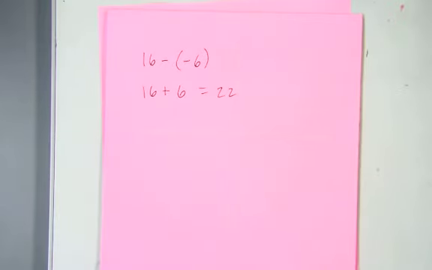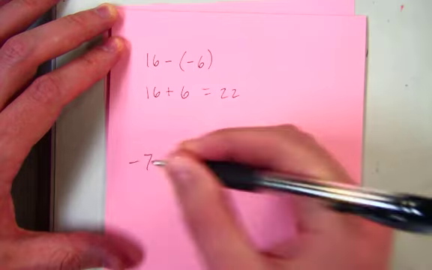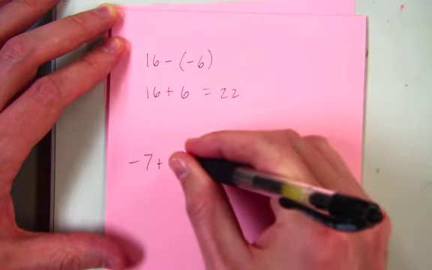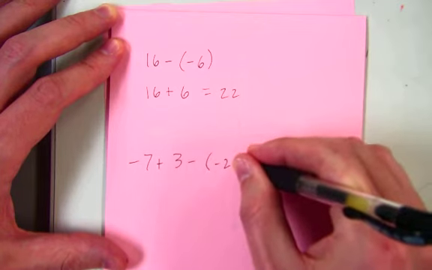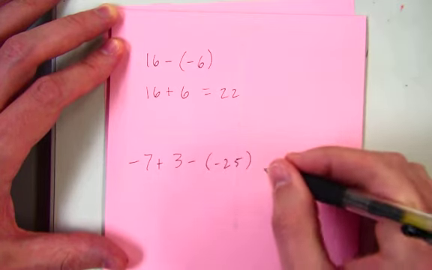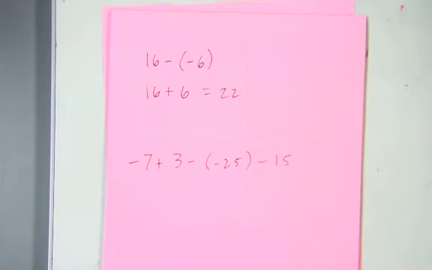Okay, so let's do a few more. Let's look at a couple of problems that have a little more going on. So let's do this. -7 plus 3 minus -25 minus 15. So this one, we got 4 separate terms here, 4 separate pieces that make up this problem, but